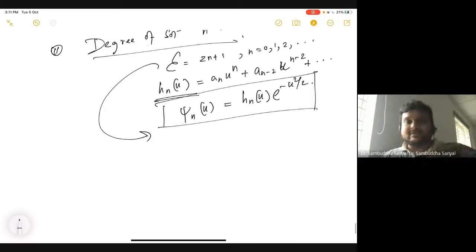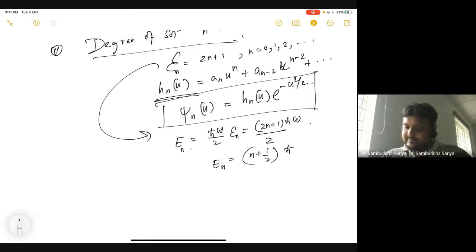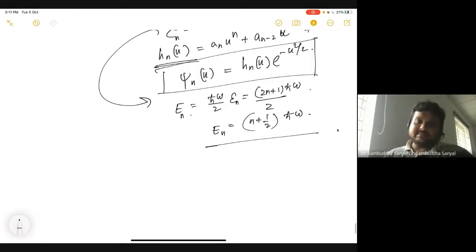You can now go back to the actual unit of energy. So the energy is now ħω by 2 epsilon, which is (2n plus 1) ħω by 2. So E_n is nothing but, I can put the n suffix here. Okay. And the solution is basically this form is known as